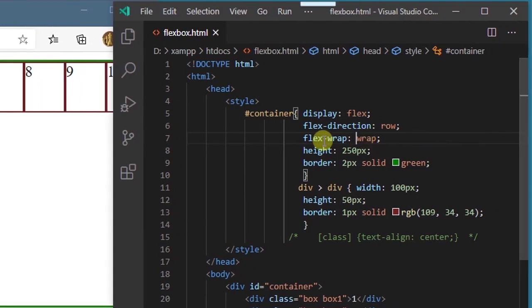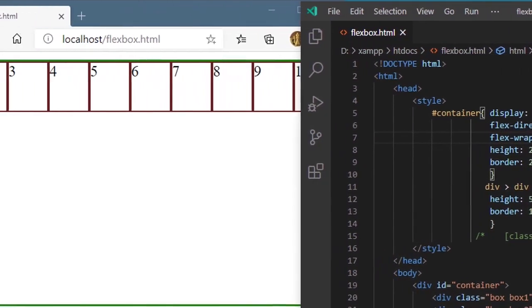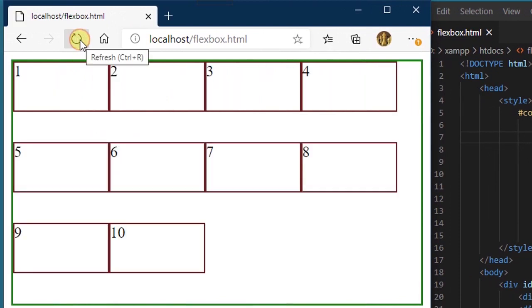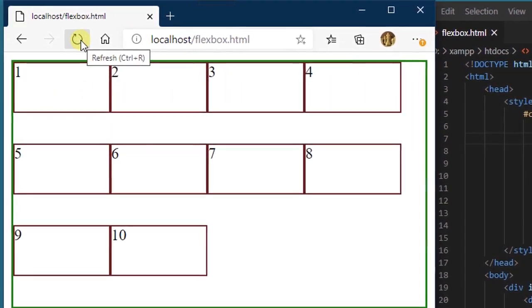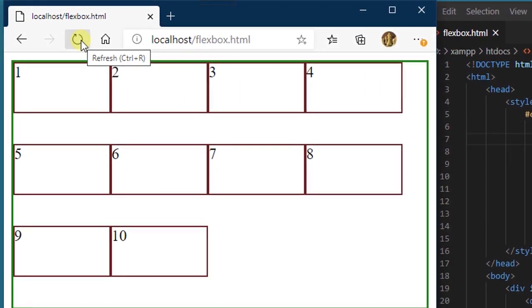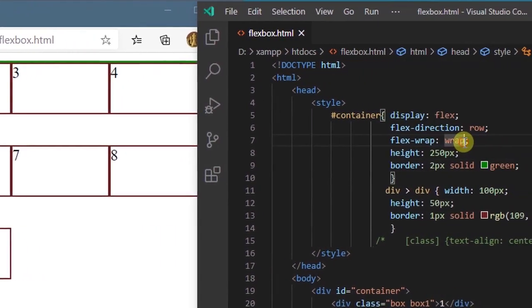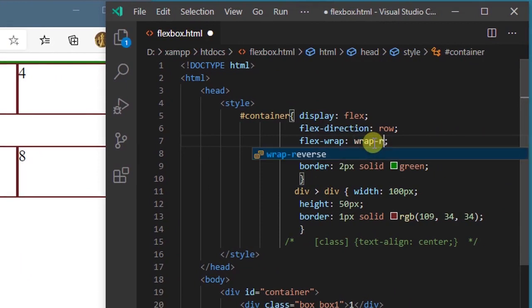So for the FlexWrap property we have the value wrap. Now refresh the browser once again. So the output will be like this. If you want, you can set the FlexWrap property to wrap-reverse. So type wrap-reverse,